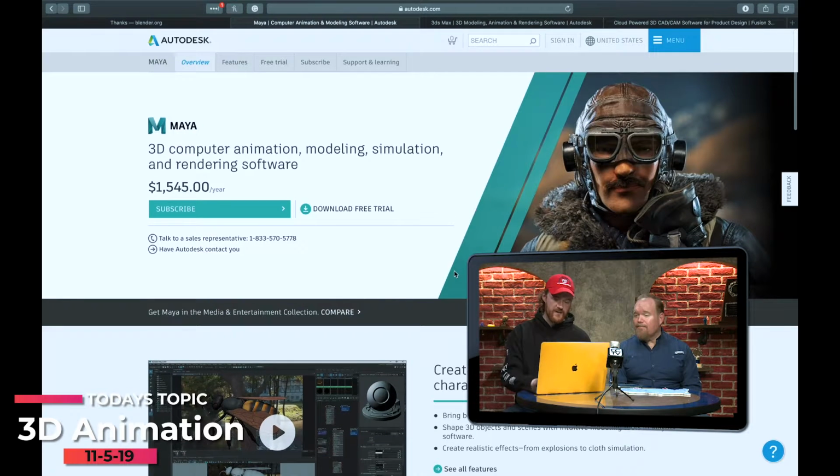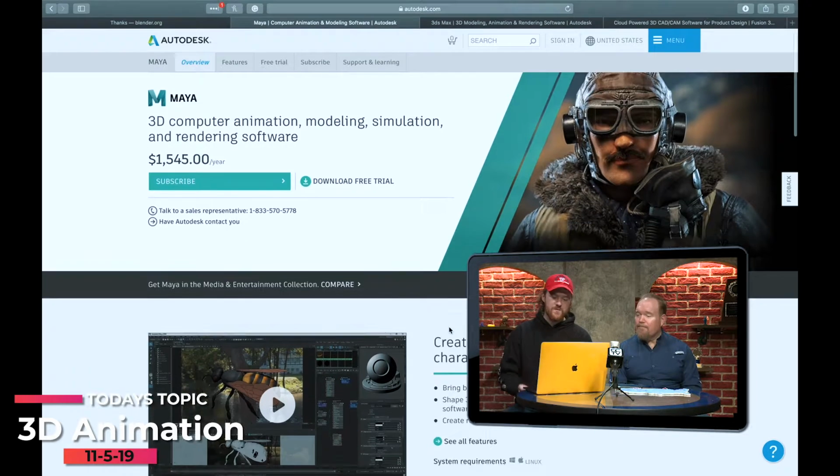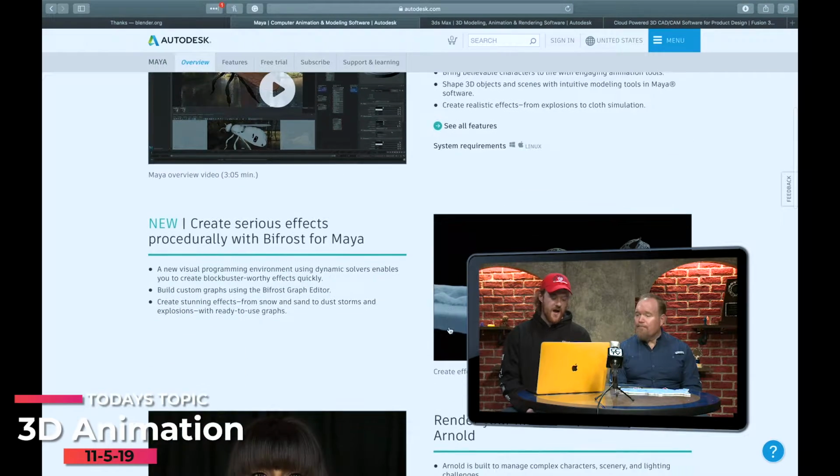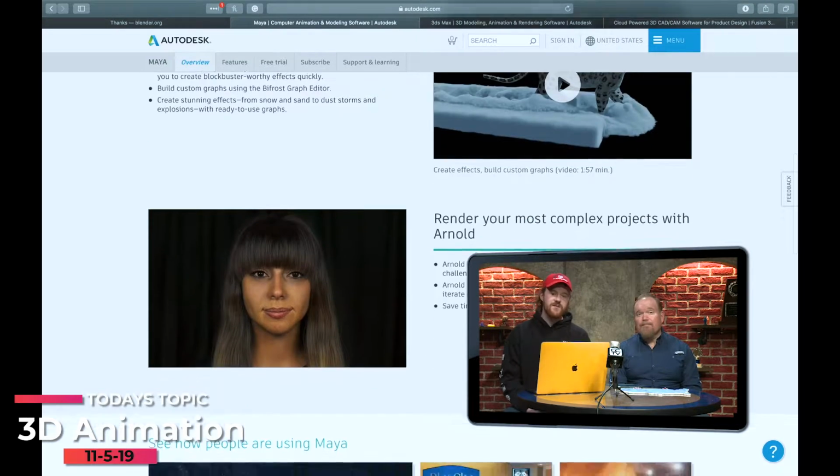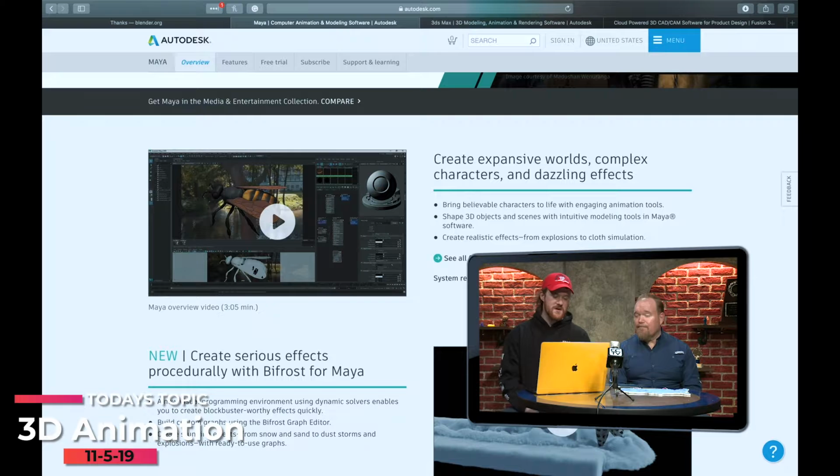And Autodesk Maya, unfortunately I can't show the engine itself, but here are a few renders and a few examples of what it would look like. Now I personally have used Maya on a different device whenever I was first dabbling with a lot of software, and I personally recommend it if you are planning on going into animation.